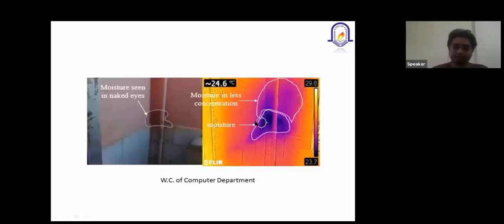From this image we get to know that there is moisture present, but as a civil engineer, what we can do is remove all this plaster and replaster it. Okay, so how much plaster needs to be removed? The whole of it. We can't just remove this particular area of plaster and replaster it and say our work is done. Okay, this is a wrong thing.